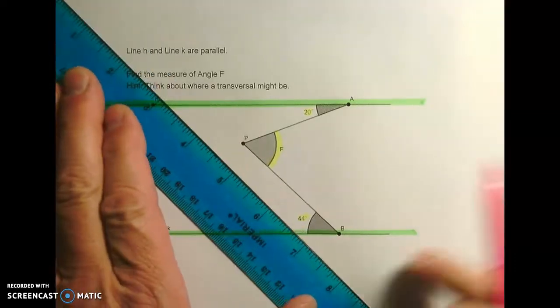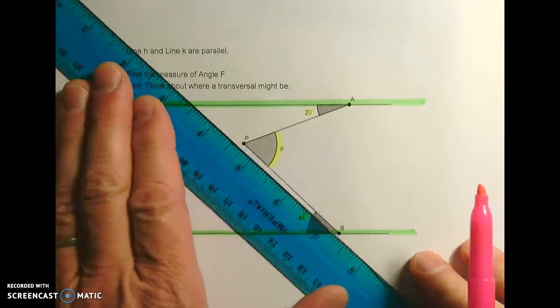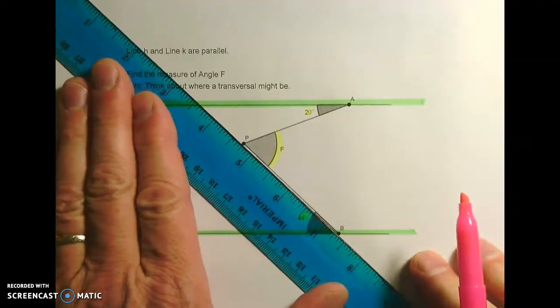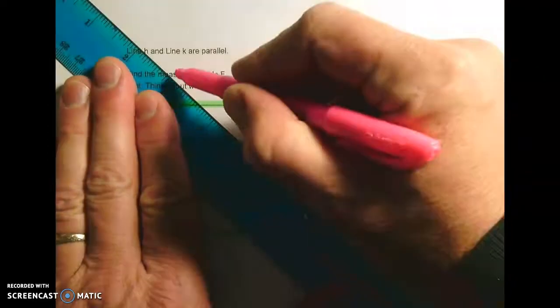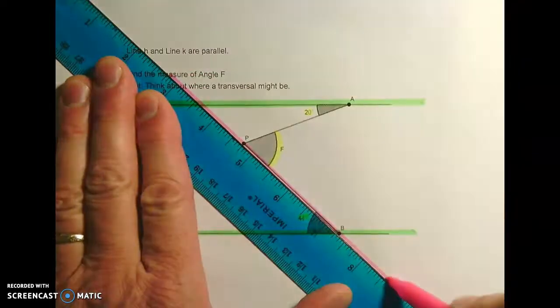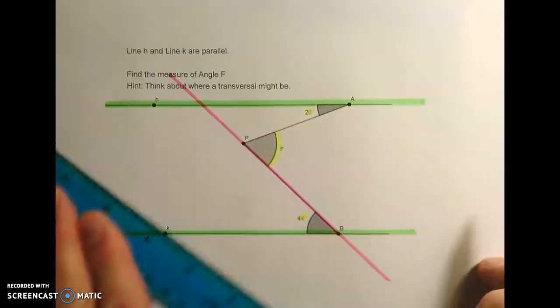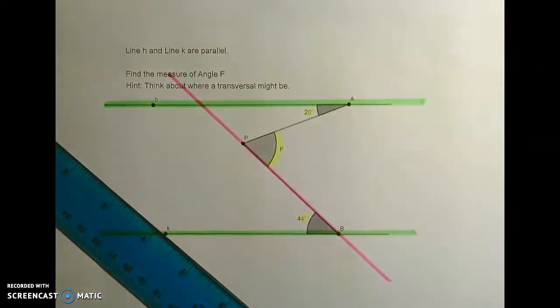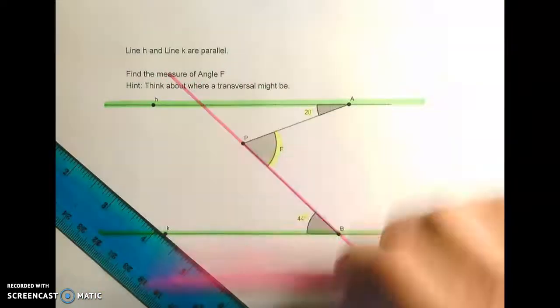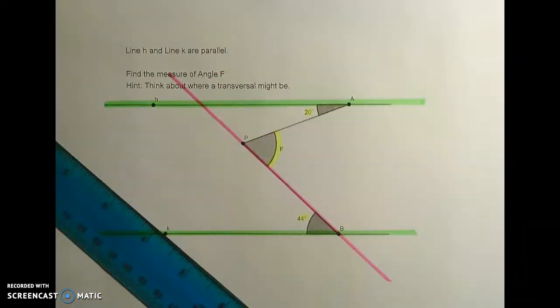I'm going to continue this line, and here's the key, you have to visualize it. They didn't draw it, but you have to see I could make this line go on forever. I can continue it, and now we can see how it cuts across these parallel lines. And so how's that going to help me? Well, I know